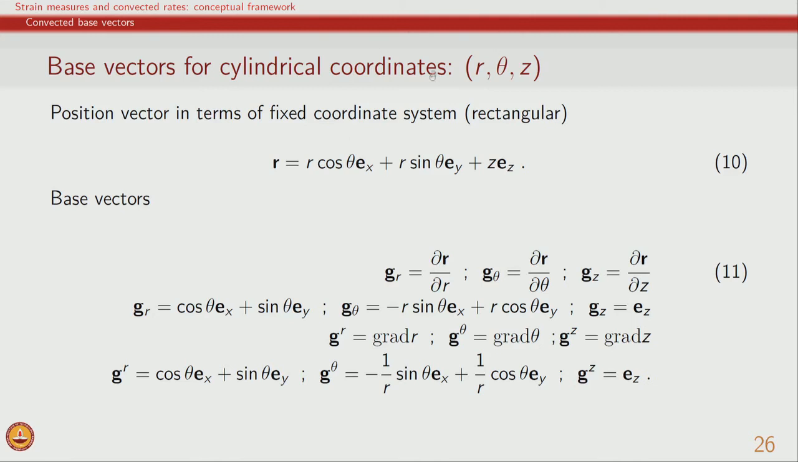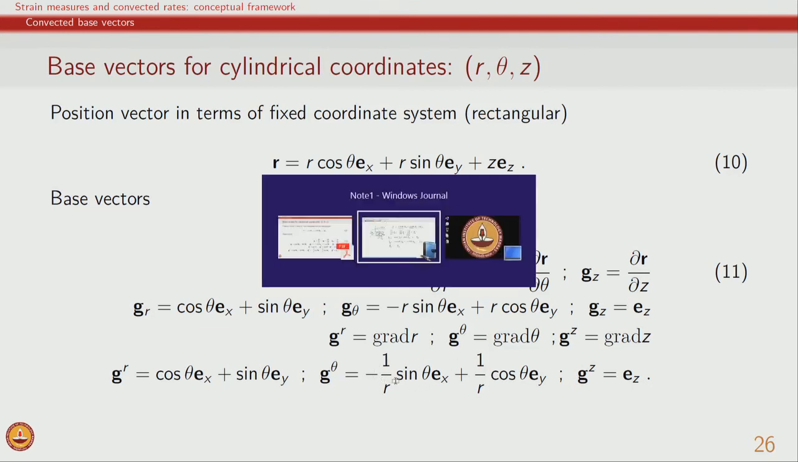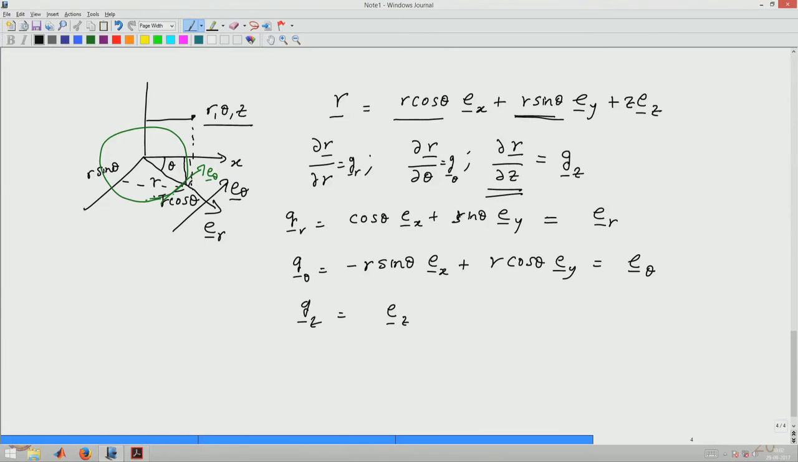So, one important observation that we can make is based on this definition, the base vectors need not be unitless, they can have different dimensions. And similarly, if we evaluate the reciprocal base vectors, we can show that the g r, g theta and g z are given as following, and if you look at, for example, the definition of g theta, which is nothing but del theta, gradient of theta,